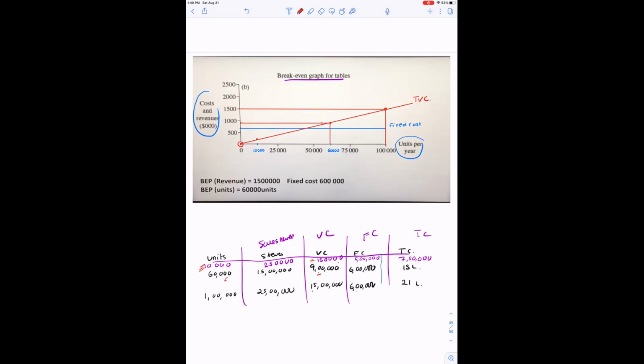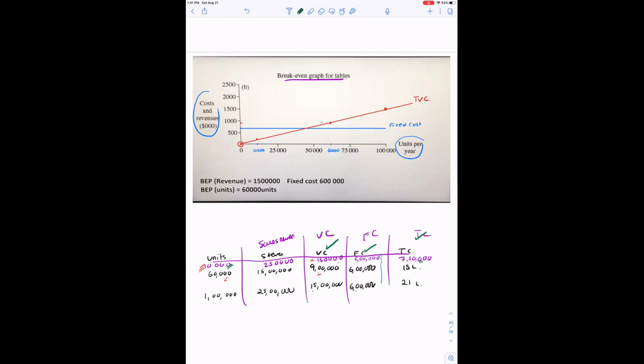Let's start with the fixed cost. Fixed cost plotting is done. Variable cost plotting is done. Now we'll take total cost. If I produce 10,000 units, now I will erase this so that it becomes a little easier for us. Total cost: if I produce 10,000 units, my total cost is 7,50,000.